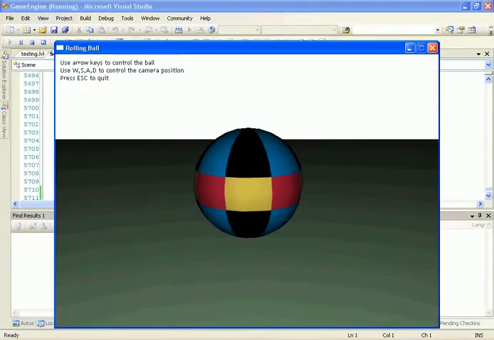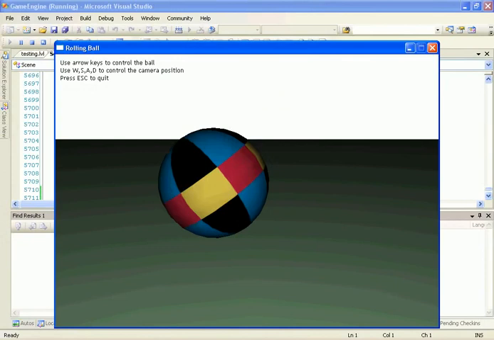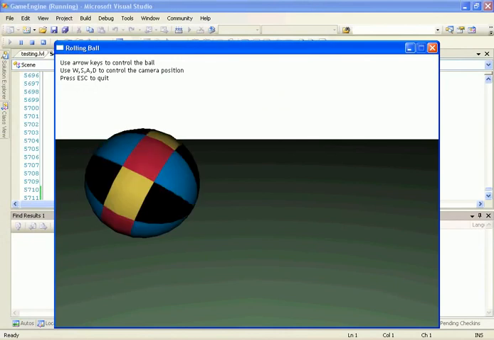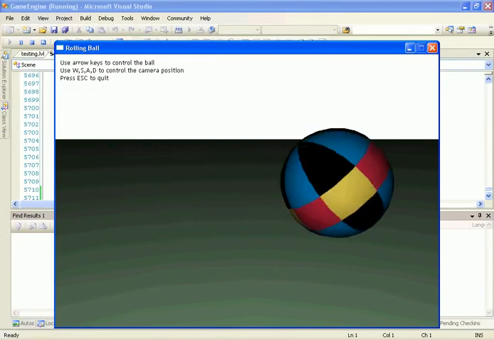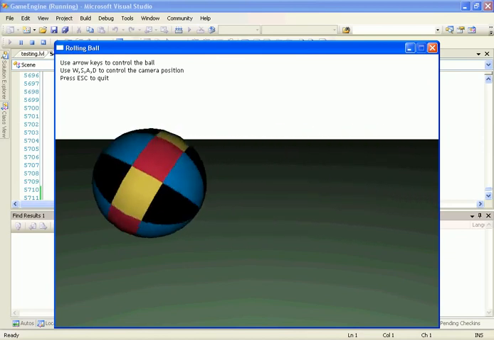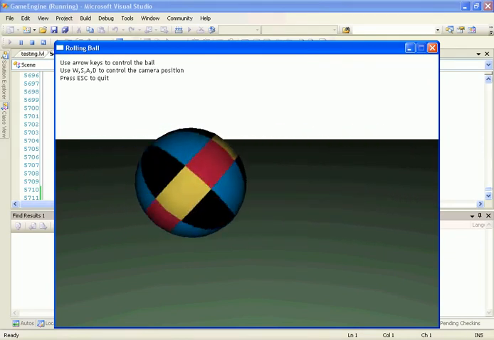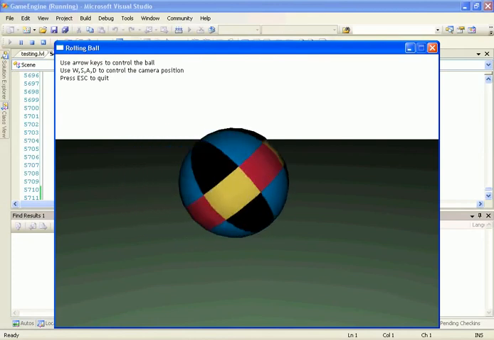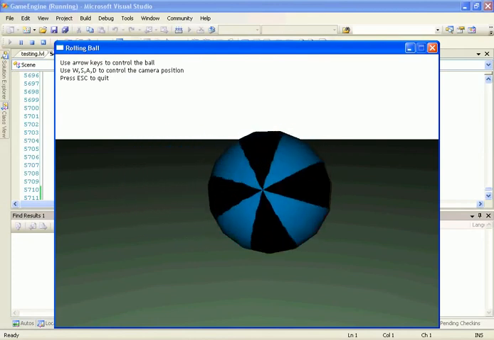I'm going to roll the ball to the left. Notice that it rolls very nicely, very smoothly. However, note what happens when I try to roll the ball back in the right direction. There's a little jump and then it rolls smoothly again. So going to the left, there's a little jump, rolls smoothly; going to the right, little jump, rolls smoothly. That's not too bad. It doesn't look too bad, but now watch what happens when I try to roll in